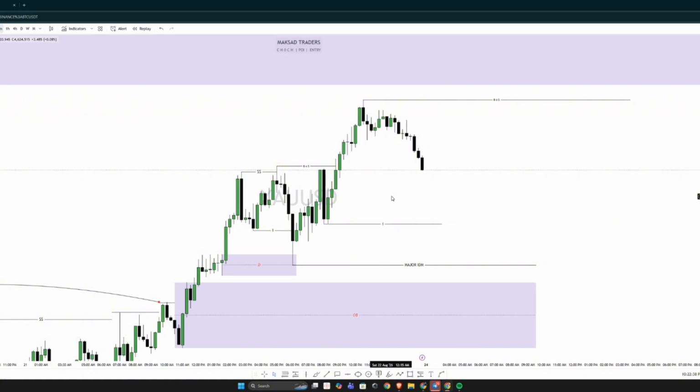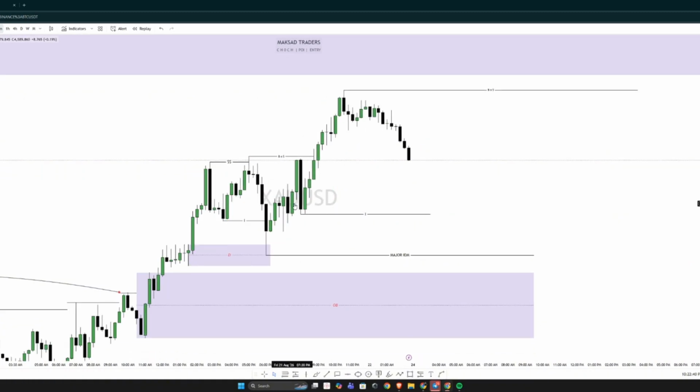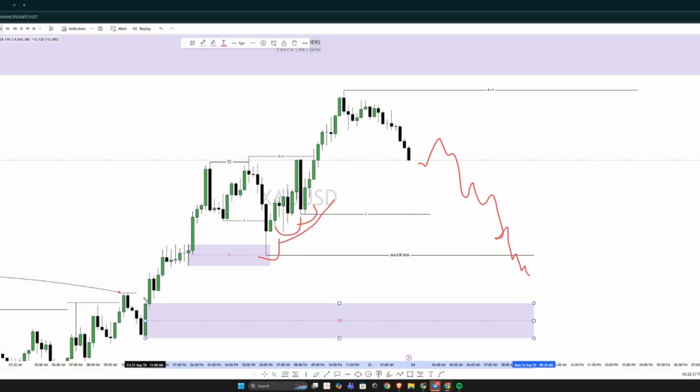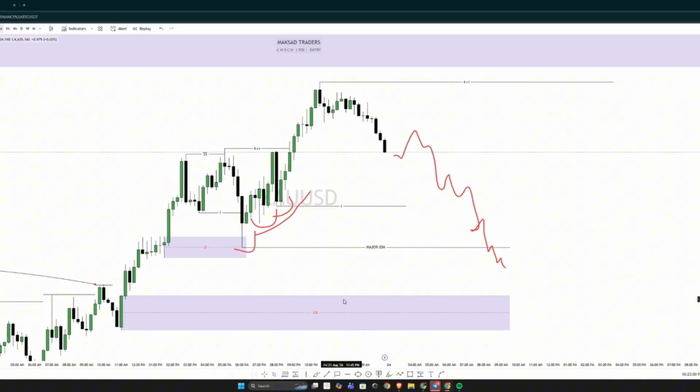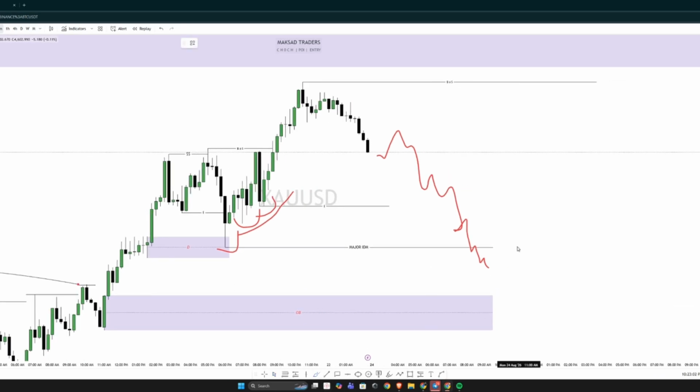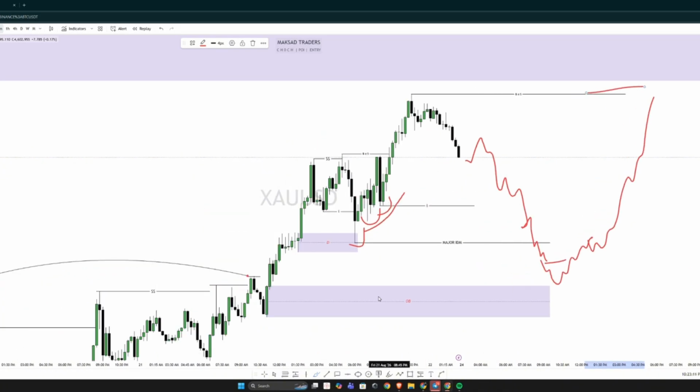But now as I'm doing 15 minutes, as you can clearly see, we have the inducement here, but then we do not have any buy area. This is all liquidity that is resting here. So the market is going to take this out, and then you have this clean area. Now if you filter this clean area, that will be your area of interest. So with that area of interest, it's going to be clear that if it taps here and then you see the choch, you will continue going bullish to this break of structure. So this order block in 1 hour is clearly a strong POI looking at 15 minutes. Okay.